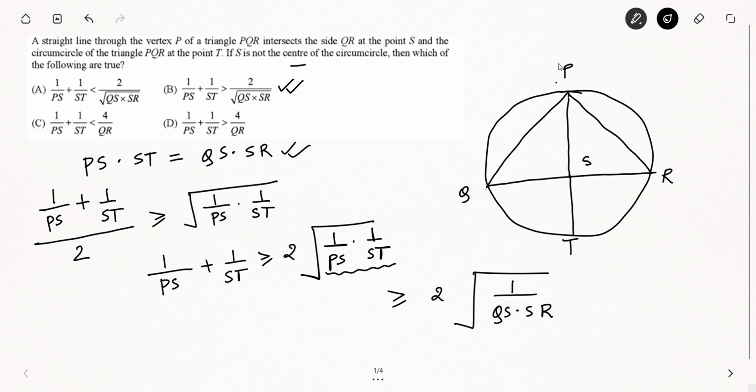We got that 1 upon PS plus 1 upon ST is greater than or equal to 1 upon QS into SR. Okay, now